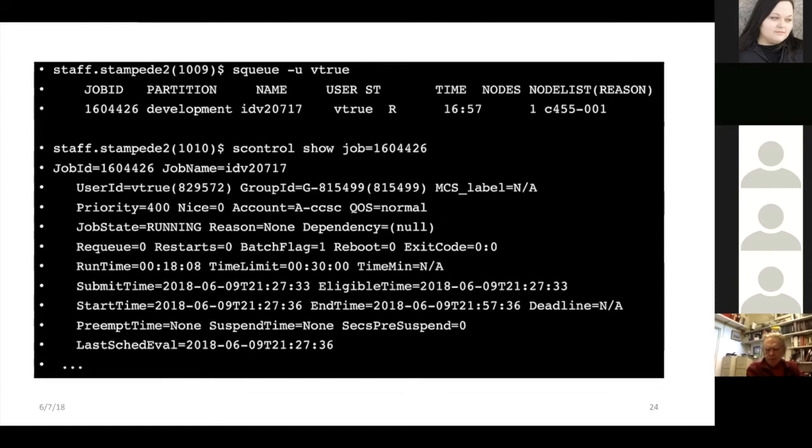So it tells you the user and the group and the priority of the job, when it started, if it has any dependencies, if there was a time limit set on it, if there were any pauses during the job. So if there's any information that's considered metadata that you would like to know about the job, then scontrol will allow you to see that.